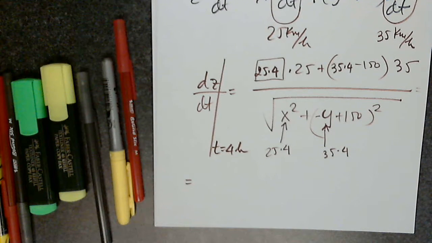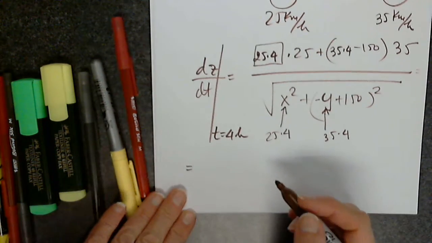And close the parenthesis for the numerator, divided by the square root. And in parentheses, I have 100 squared, and plus, I know what that is, right? It's 140 minus 150, or 150 minus 140, which is 10. 10 squared is 100. And close the parenthesis, and I get